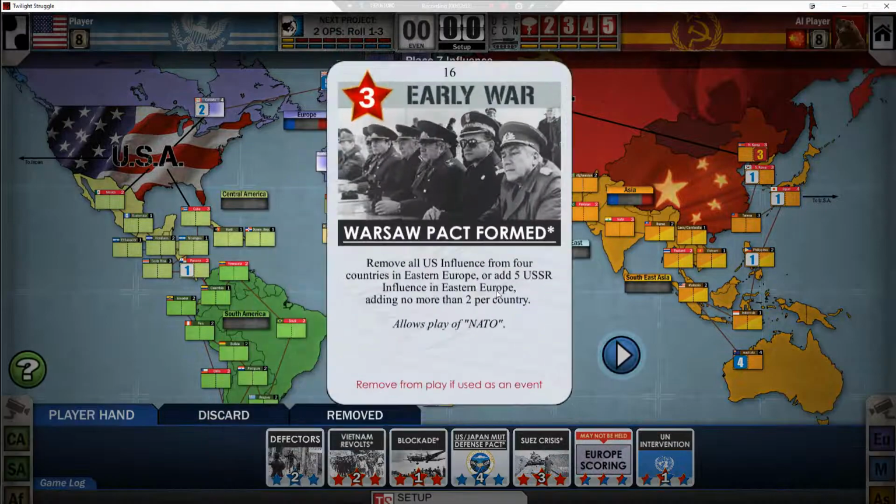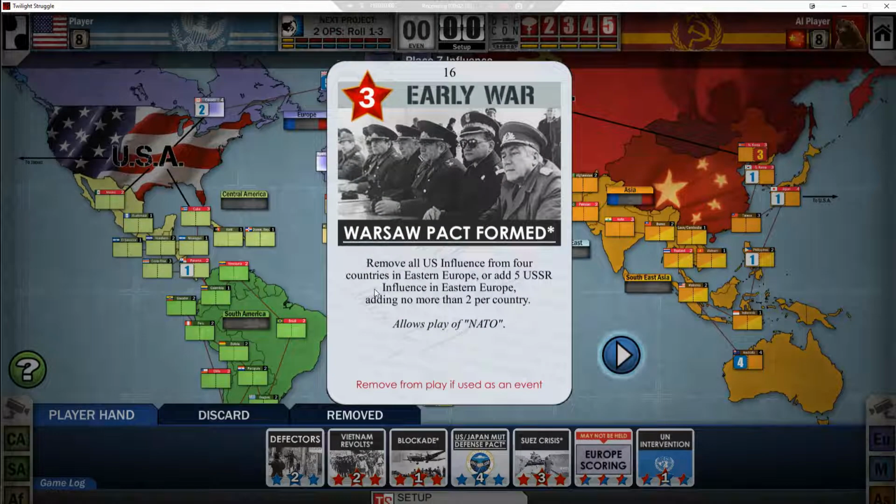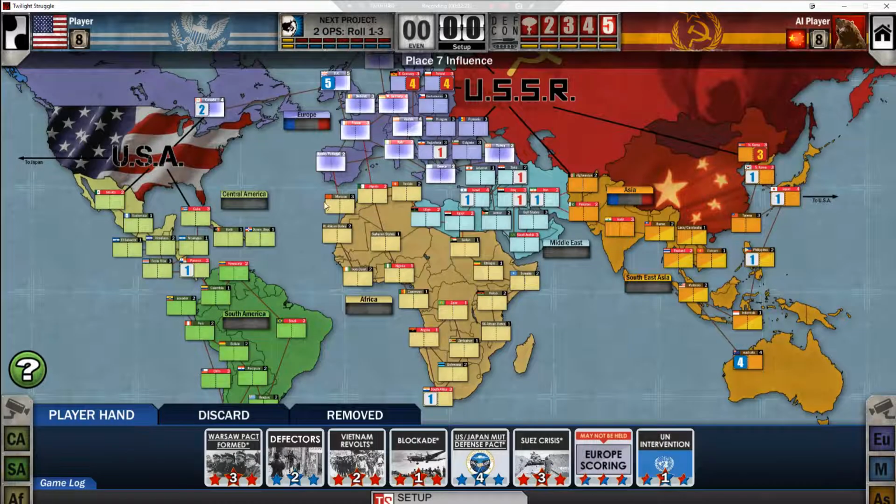So Warsaw Pact Formed, I kind of like to see that go off because it allows NATO to go off, and right now I've got no influence in Eastern Europe at all. So remove all influence for 4 countries and add 5. So that just locks up